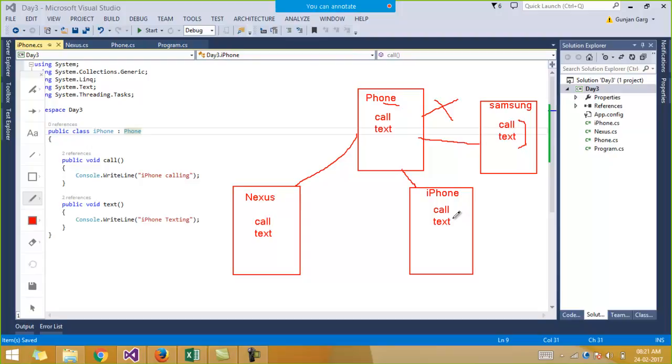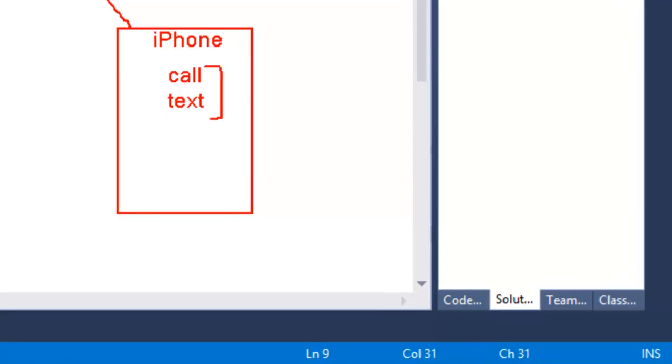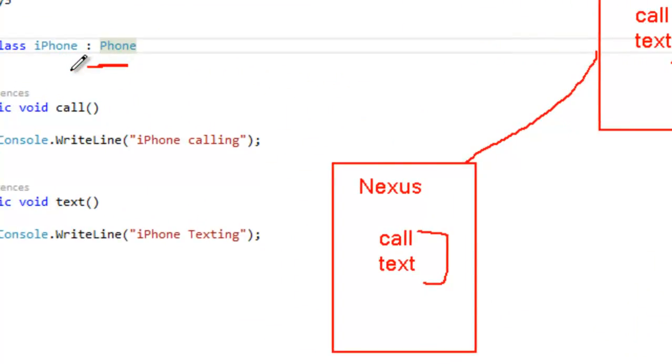We all know that, right? But the function names have to be same. The function names which you keep in the interface have to be the same in all the implementing classes. The implementation and the logic might differ in the respective functions, but the names of the functions, the call and the text function, have to be the same in the class which is implementing that phone interface.